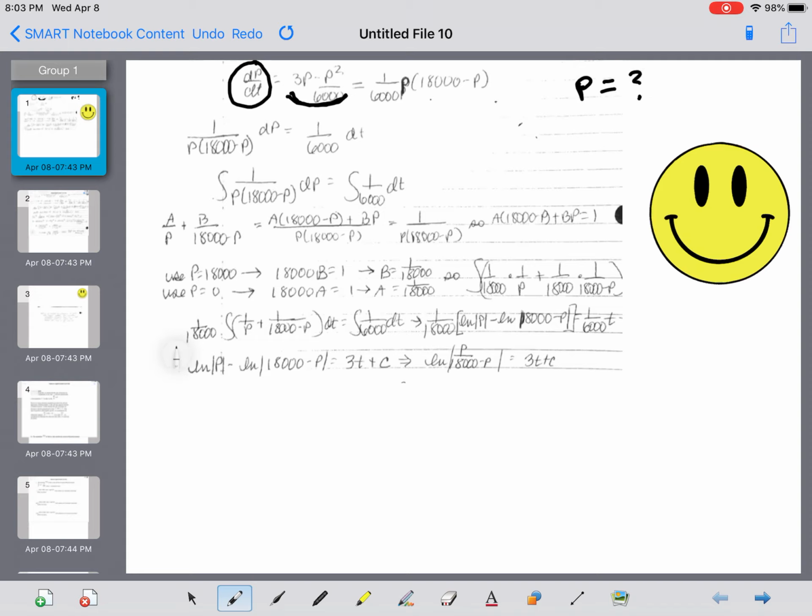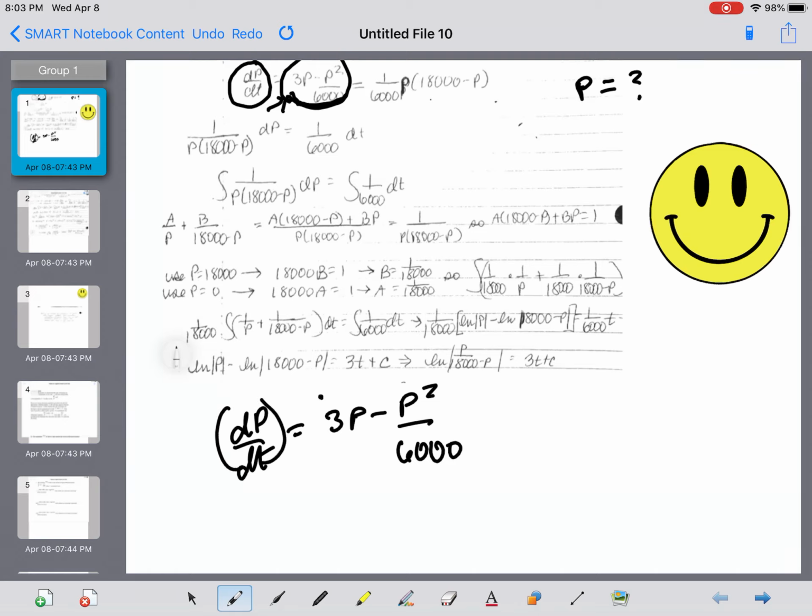Okay, so don't write this down, just follow along with me. All right, so I want to integrate this and find an equation for the original population. Now the problem is this would be easy breezy to integrate, but I have dp/dt equals 3p minus p squared over 6,000. Remember, I've got to separate my variables. And so I'm going to move my dt over here,